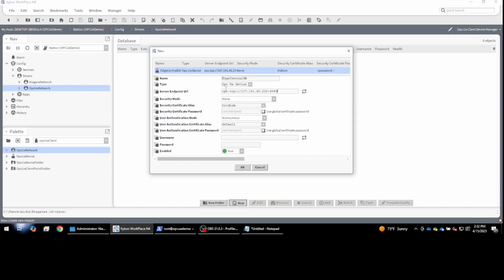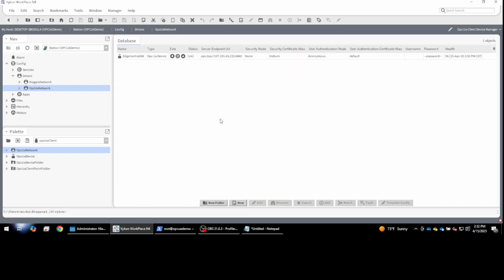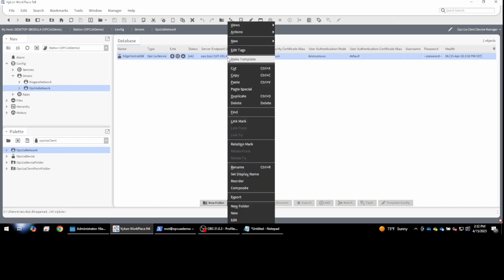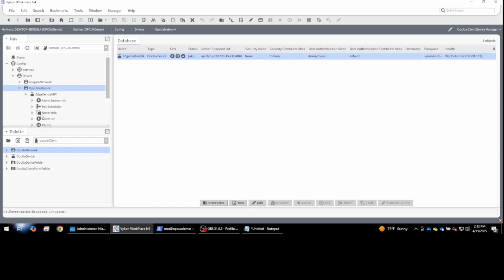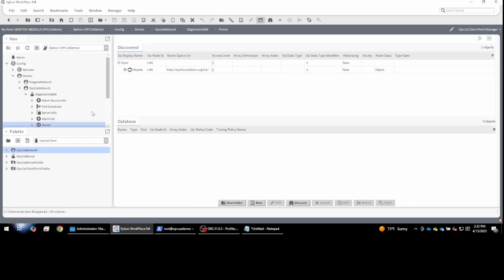Now what we're going to do is right click on this, go to Actions, and we're going to Learn. Alright, and as you can see, it's not down. Alright, status is okay. Alright, now we're going to go into the points. As you can see, since we did a learn, it's already learned, but just for sake, we're going to learn I equals 84, that's the root node, and there we go. Now you can see that we've discovered some objects here, and like I said, I equals 84 is the root node,